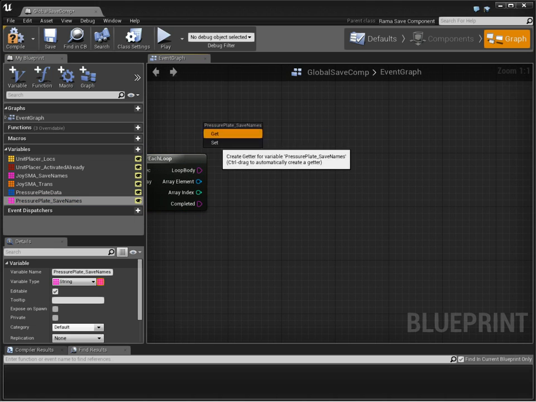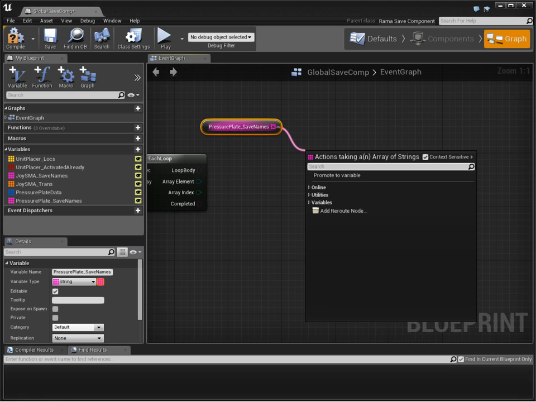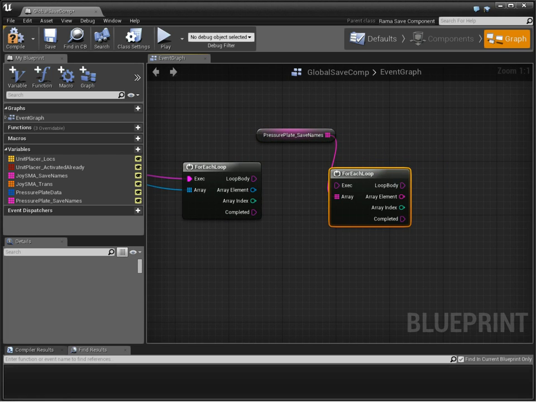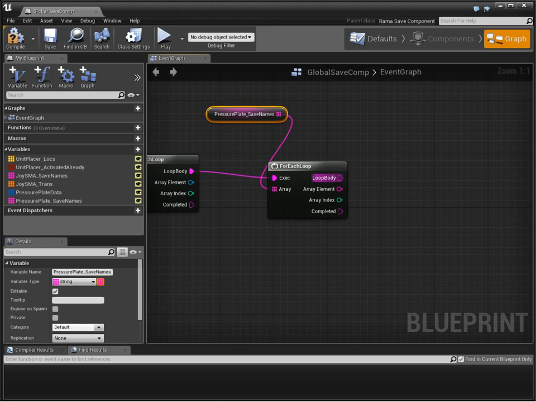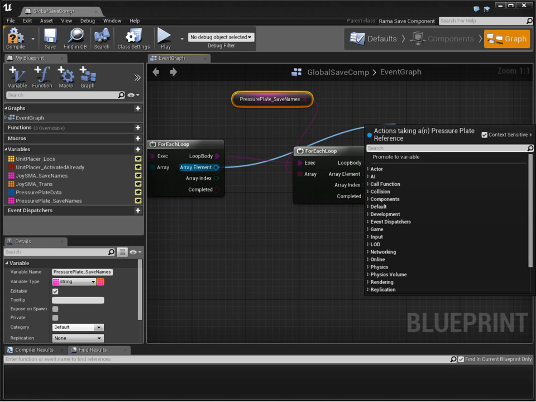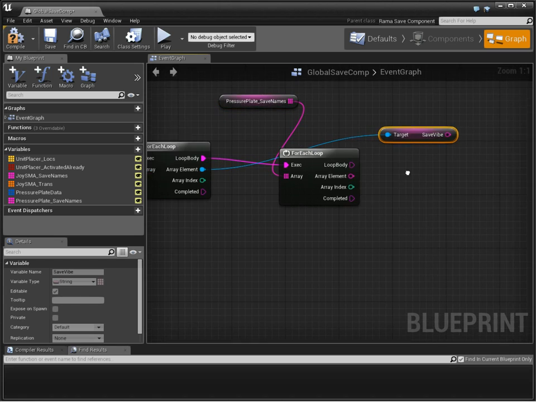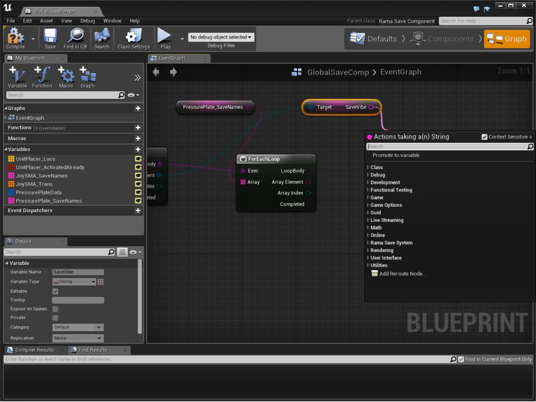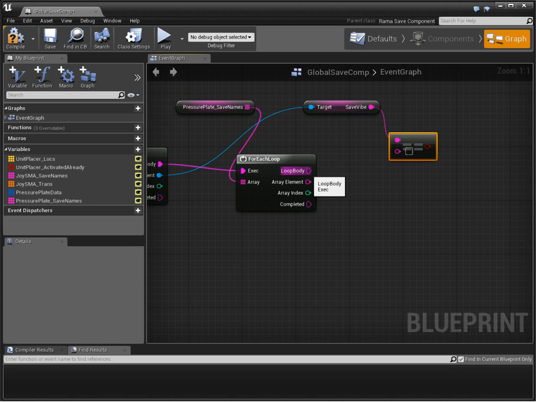Now I need to find which one lines up, so I need a for each loop here, find out which pressure plate lines up with which index here. And now here, I need to say if these match, so save vibe, the save vibe of the actual pressure plate, does it equal the,